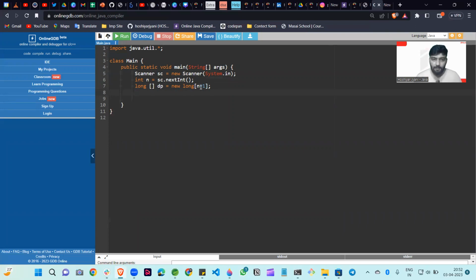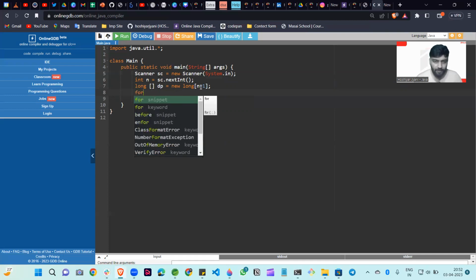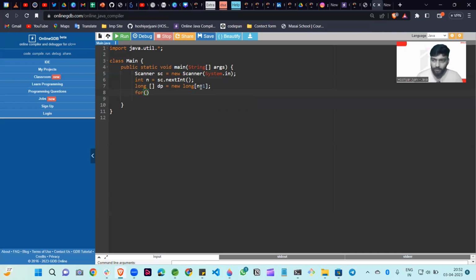So guys, if we fill this DP, first of all, you know very well that by default the DP is filled by the zero values. So we can store the value in the DP like 0 or -1. Like we know very well, 0 or -1 is not our answer in any case. So how we can fill the value? We can simply use Arrays.fill also, and you can use int i is equal to